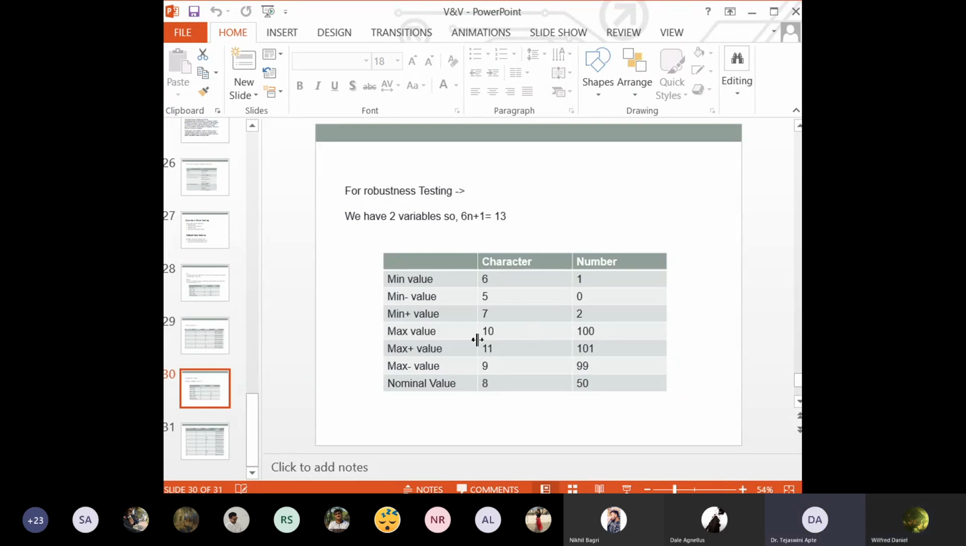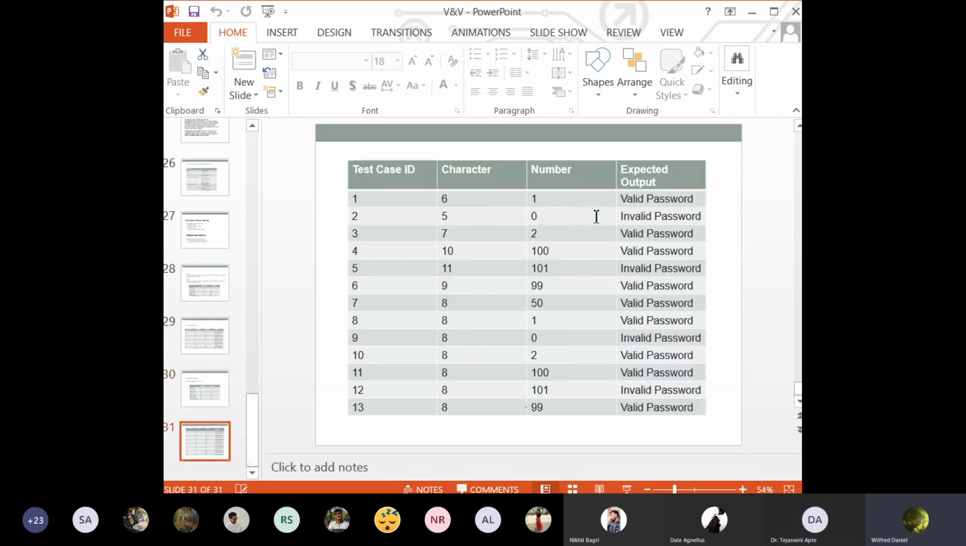Okay, okay. So those are the two main things: robustness testing is going to fail over here. Yes, ma'am. As I can show in the next table, there are a couple of cases where it shows invalid password